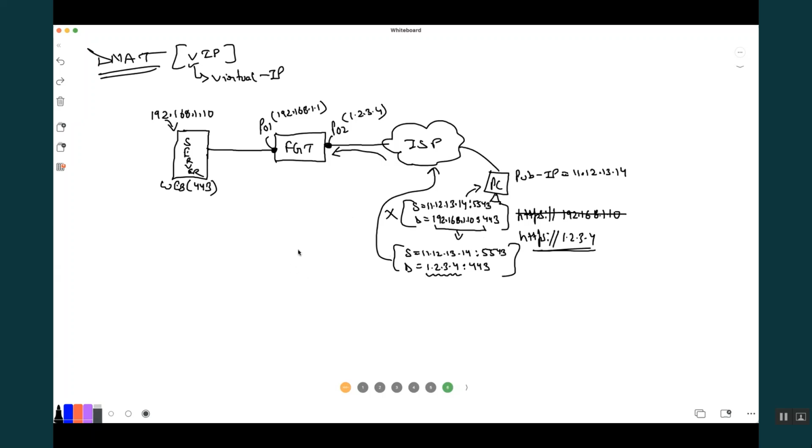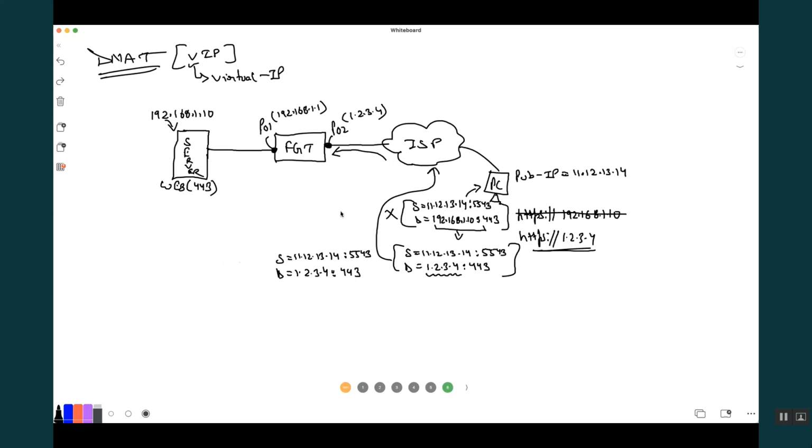The FortiGate says, okay, fine, the request is coming from source 11.12.13.14 with source port 5543. The destination is 1.2.3.4, 443. Correct? Yes.